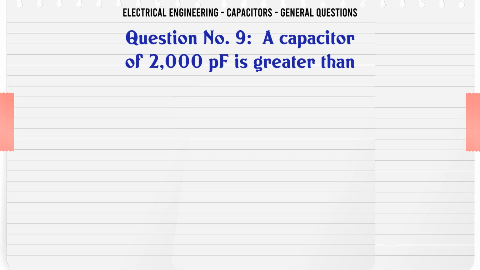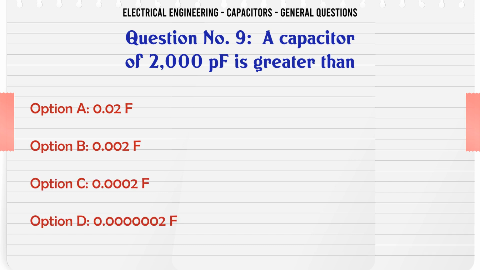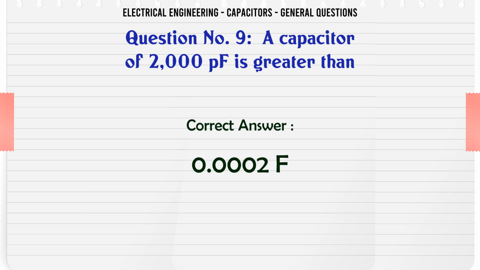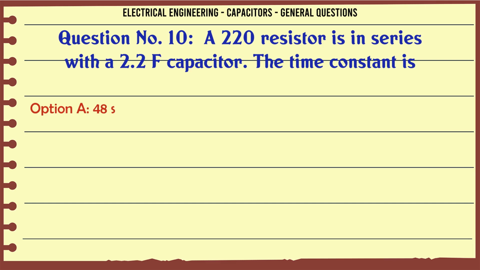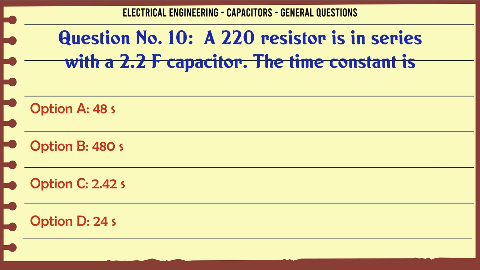A capacitor of 200 pF is greater than A 0.02 µF, B 0.002 µF, C 0.0002 µF, D 0.000002 µF. The correct answer is 0.000002 µF. A 220 Ω resistor is in series with a 2.2 µF capacitor. The time constant is A 48 µs, B 480 µs, C 2.42 µs, D 24 µs. The correct answer is